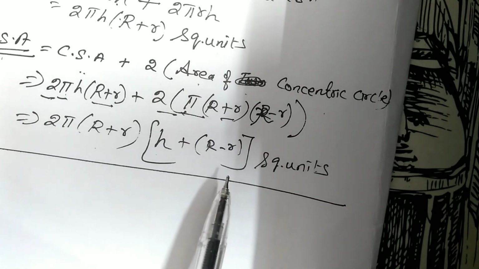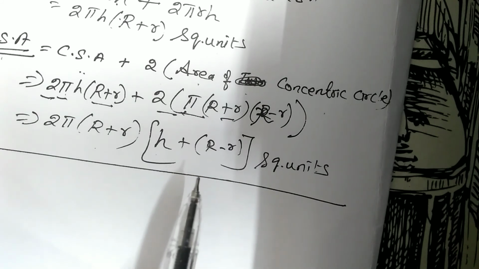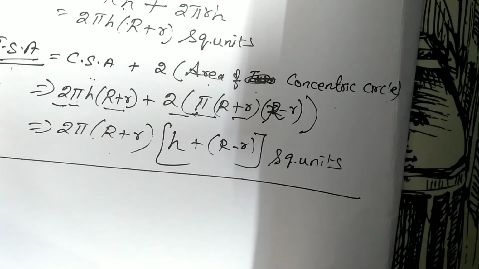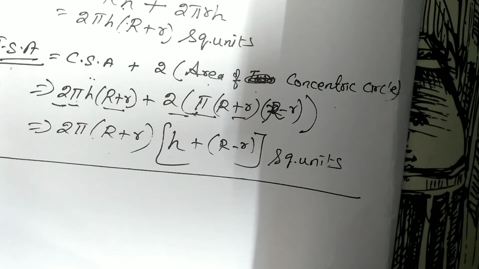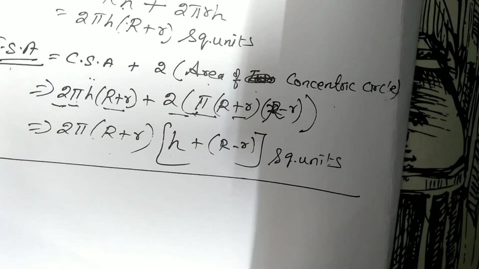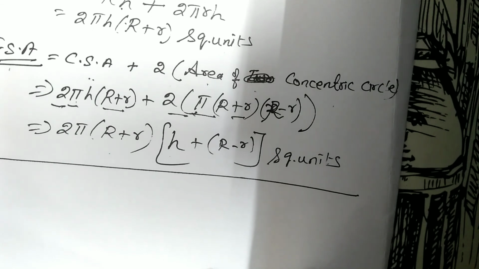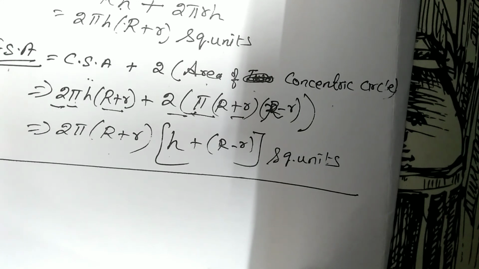So now we have done the formula for the right circular cylinder and the hollow cylinder. Please read the formula for your board exam. There is no derivation; you should just know the formula and substitute. Understand the concept of the sum, what is given, and find out which is capital R, small r and height, and substitute in the formula and solve it. So please learn the formula and keep it at the tip of your finger. From the next video onwards, we will start doing problems based on the hollow cylinder and right circular cylinder.